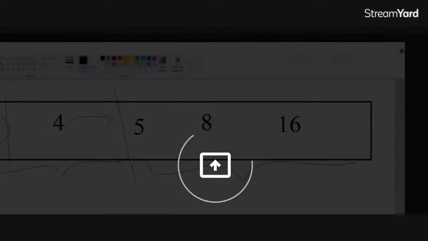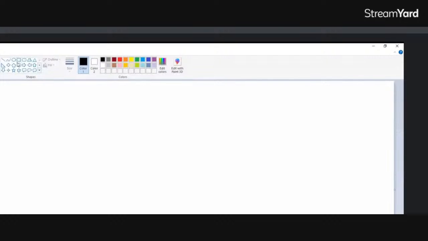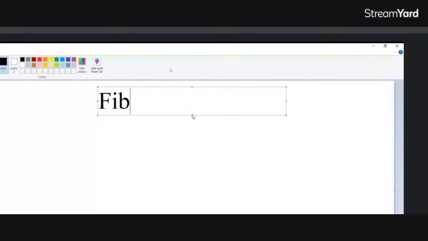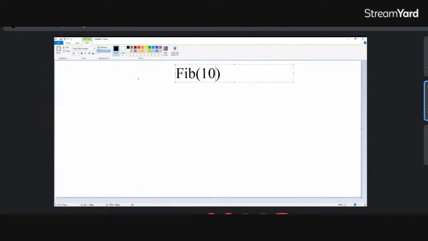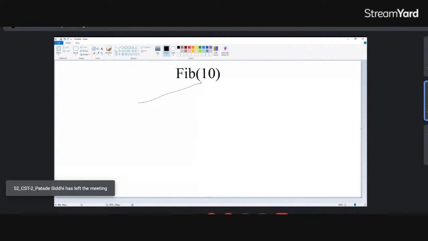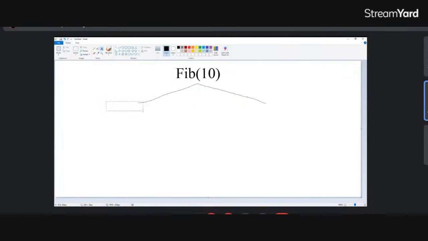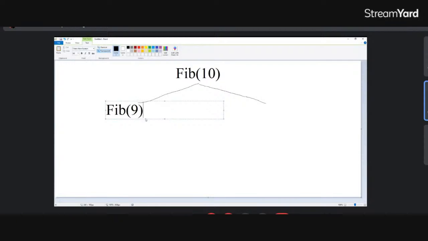So what are we doing over here? Let me just read this. So we have a Fibonacci sequence. Let's say we want to calculate fib of 10, right? So we are calculating fib of 10, and we are sending it for recursion. We are saying fib of 10 is actually equal to fib of 9 plus fib of 8,